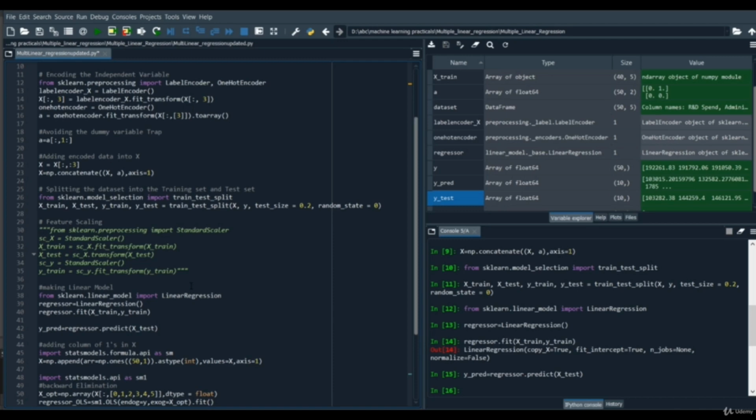There may be a few independent variables that don't have any relation with our dependent variable, so we need to remove them. That's going to increase our model's accuracy, because these variables may affect our model and lead to less accurate predictions.